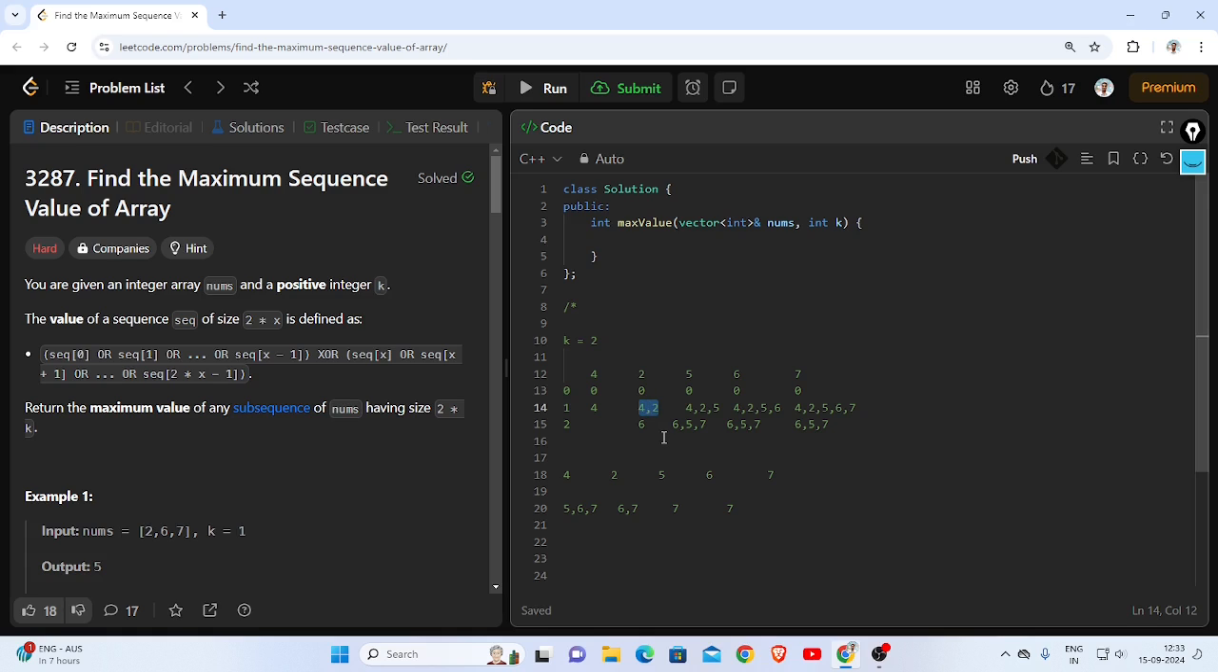That will be nothing but, so 4 ORed with 2 will give me 6, so it's already there. 2 ORed with 2 will give me 2. So I will definitely get some extra elements which I don't really need, but it's not going to affect my answer if you think about it, because at this point the maximum value, if I see,